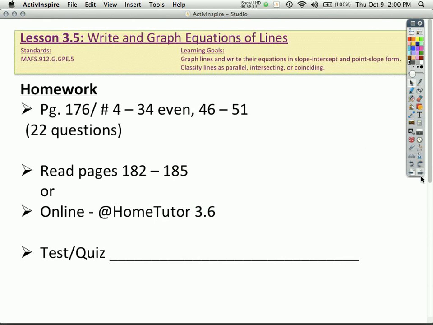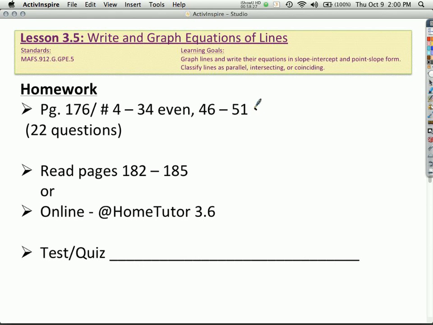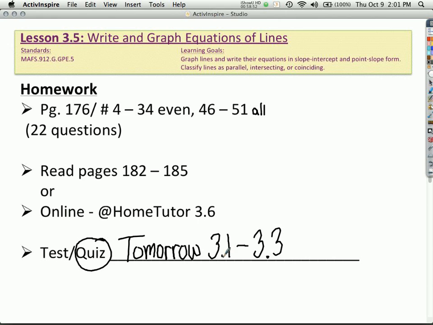Okay. Draw a line across your paper. Your homework is page 176, numbers 4 through 34 even. And make sure you write even, otherwise you're going to end up doing a lot. And then 46 through 51 is all. So 4 through 34 even, and 46 through 51 all. That's a total of 22 questions. Read the next section, the at-home tutor 3.6. You have a quiz tomorrow. And that will be on 3.1 to 3.3 only. So make sure you know what's in